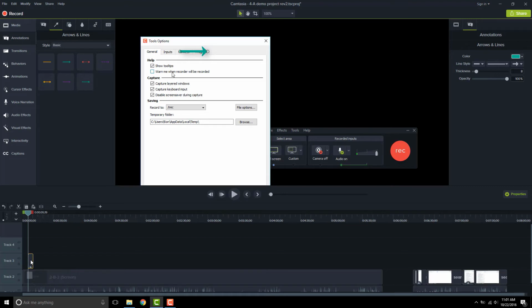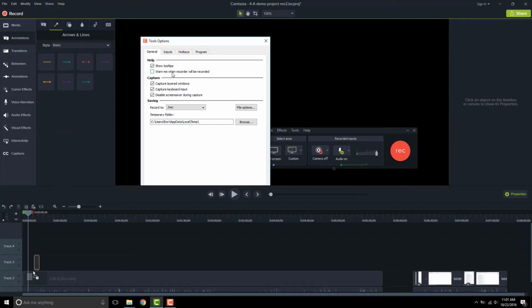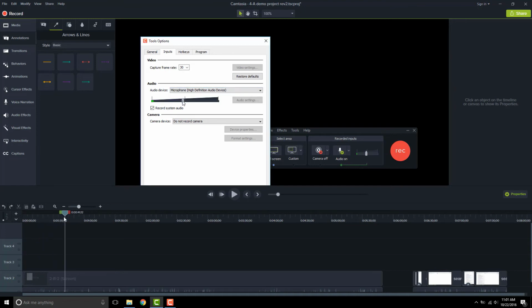If I didn't want it there, maybe I wanted it a little earlier, I'll just undo that quickly. What I can do is I can grab it, drag it down here, and I say, oh, I want it to happen a little earlier. So maybe I want it to happen here at the beginning. So you can decide when you want it to happen by just dragging it to the timeline, or if you know exactly when you want it to appear, you can move your playhead to that point and then drag it directly to your canvas. So creating them is very easy.